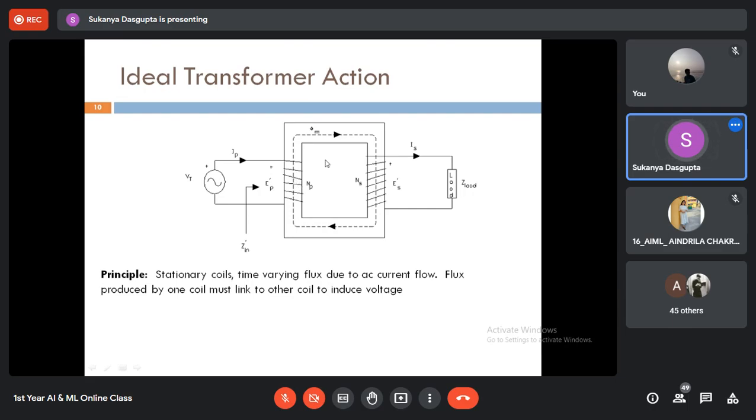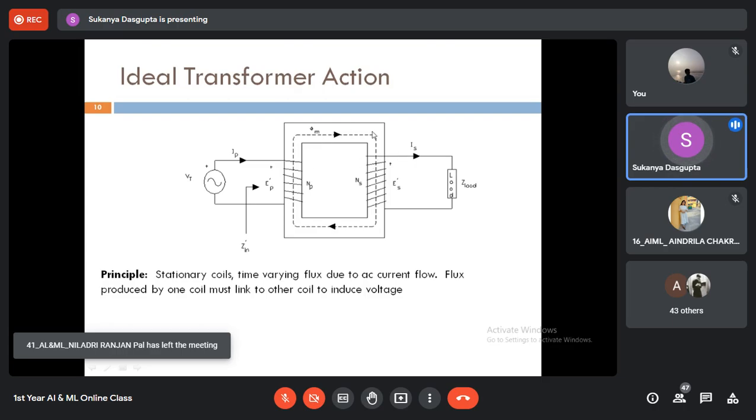It also includes the secondary winding having NS number of turns, and the secondary side is connected to an AC load. When it is connected, secondary current IS will start flowing through the load circuit, right? And both these windings are wrapped around the common core,